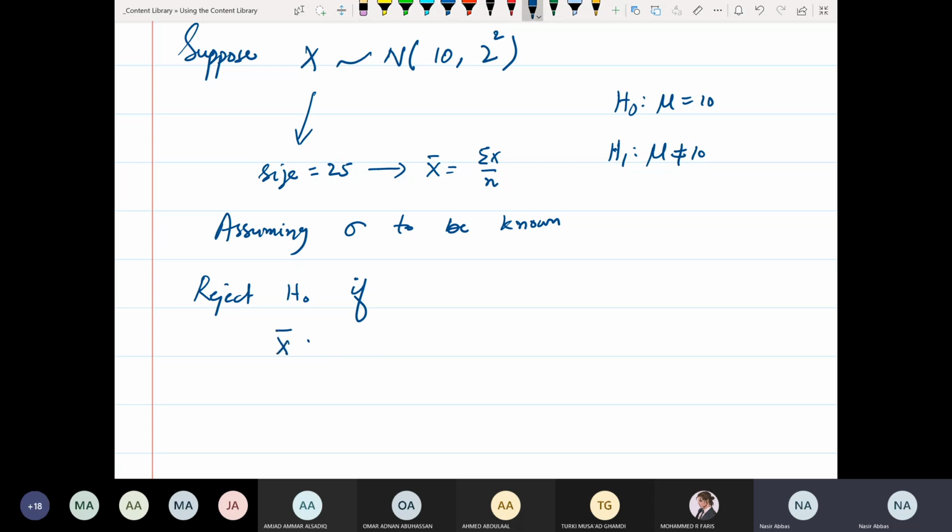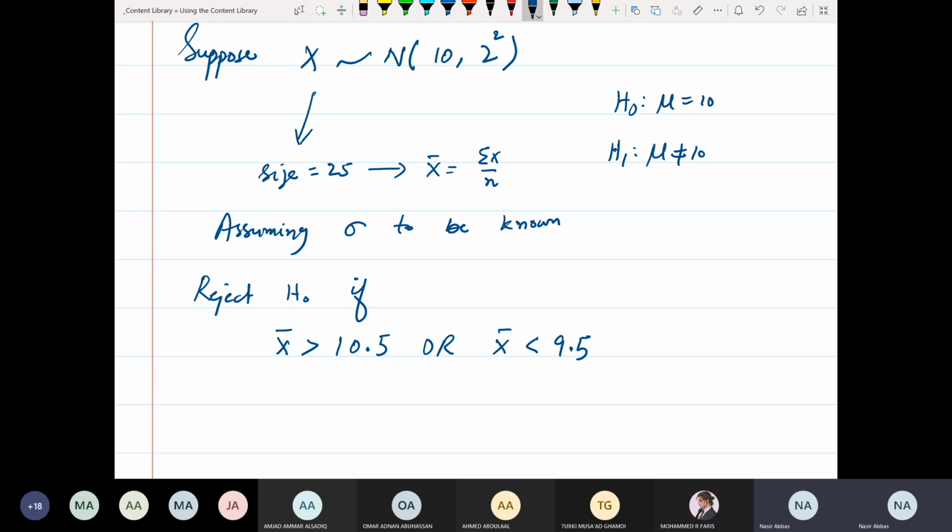If my X bar is either greater than 10.5 or X bar is less than 9.5. As long as my X bar is within 9.5 and 10.5, I will say, okay, my mu is 10. I will accept it. Otherwise, if it is far away from 10, either less than 9.5 or greater than 10.5,